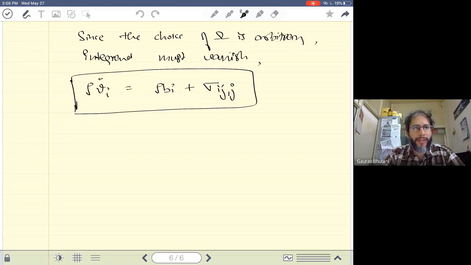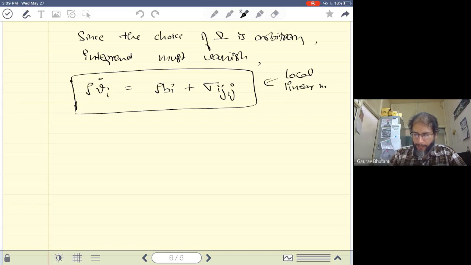Now in this case, the body may be accelerating. As we can see from the left hand side, we have a vi dot term. So this helps us calculate the local velocity field. So if we know the net force acting on the body, which is the right hand side, we can find the velocity field by integrating this equation for velocity. Okay, so this is called the local linear momentum equation, or local conservation of linear momentum. Let's write it more clearly.